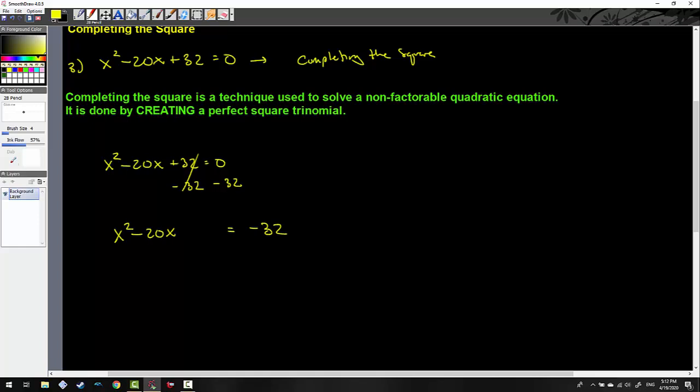Now, I'm going to go back and remind us of x squared plus 10x plus 25, an example we did before. What I'm going to do is say that this was 5 plus 5. We saw that a few minutes ago, right? Now, I established a relationship that 5 was half of 10, and that we took that 5 and we squared it to get the last term. So, what I'm trying to get you to see here is that this 20 is going to be my key to